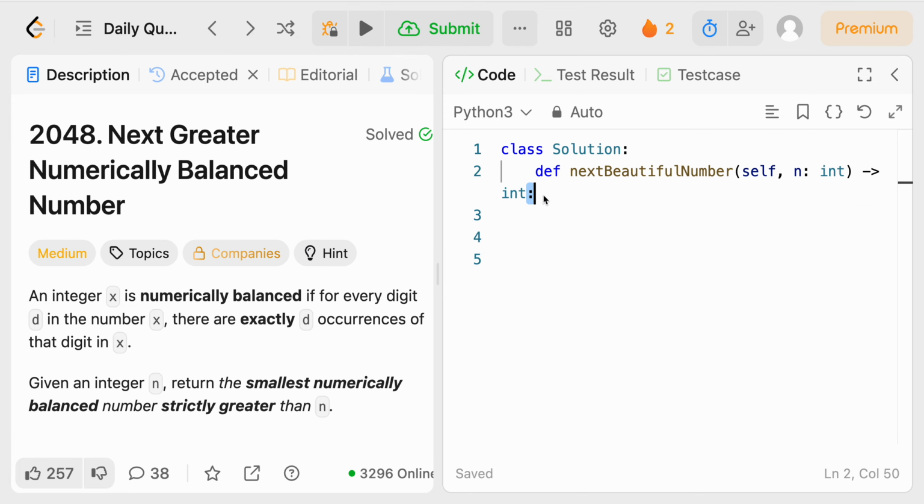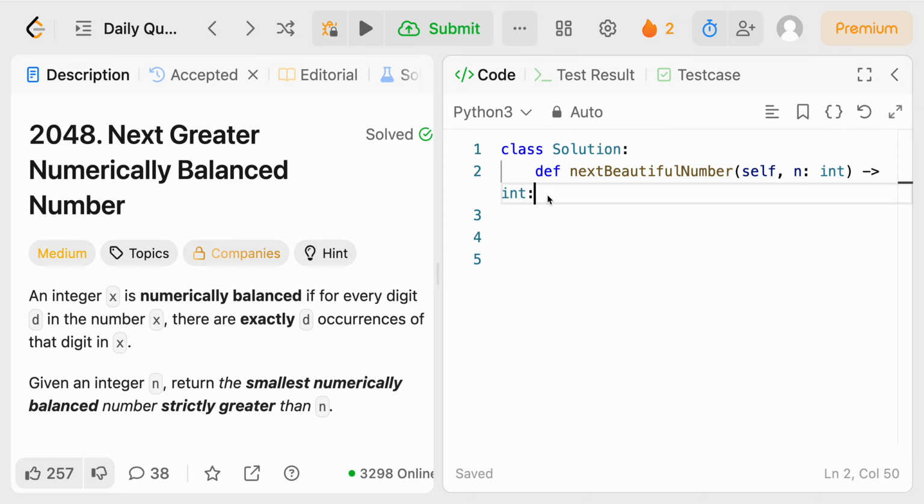It's simply just a fixed constant value of 10. And for our variables, of course, we're going to be working with our input. We're going to be working with a candidate, basically just the current number that we're checking until we actually find one that works. And we start from n plus 1 to make sure it's greater than n. We're also going to have a count frequency array, and we're also going to be taking d divided by digit, which is that extracted digit value, which we'll get into more in the actual coding part of this solution,